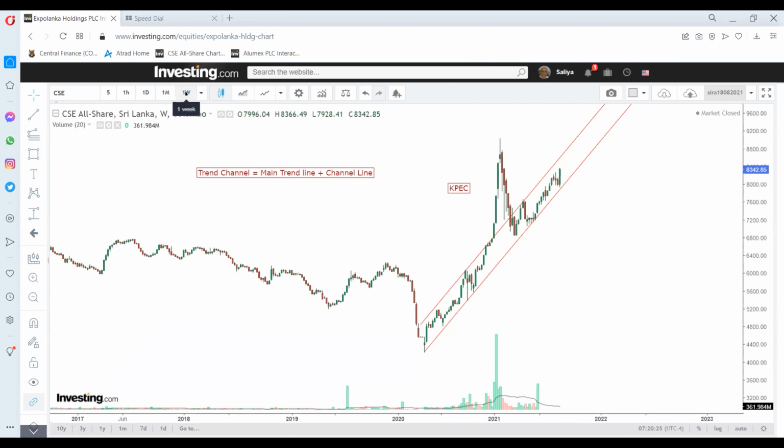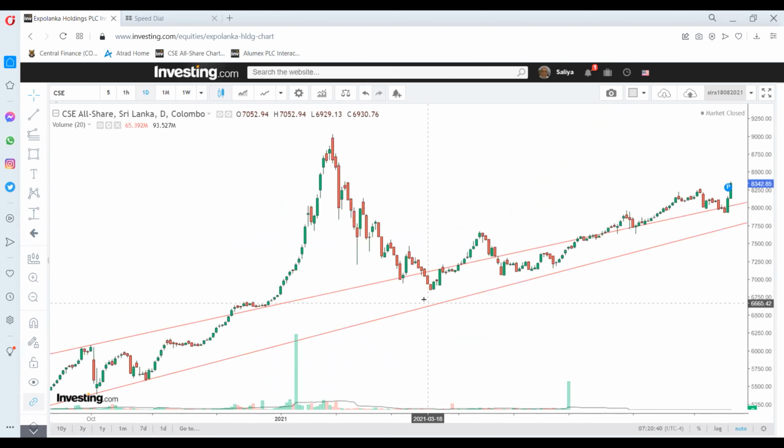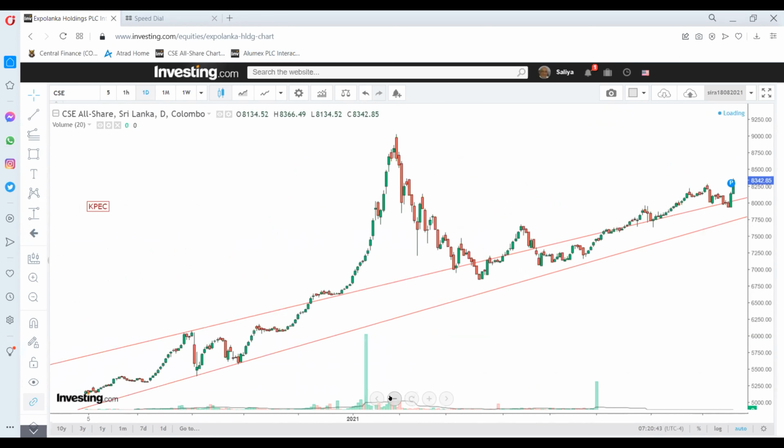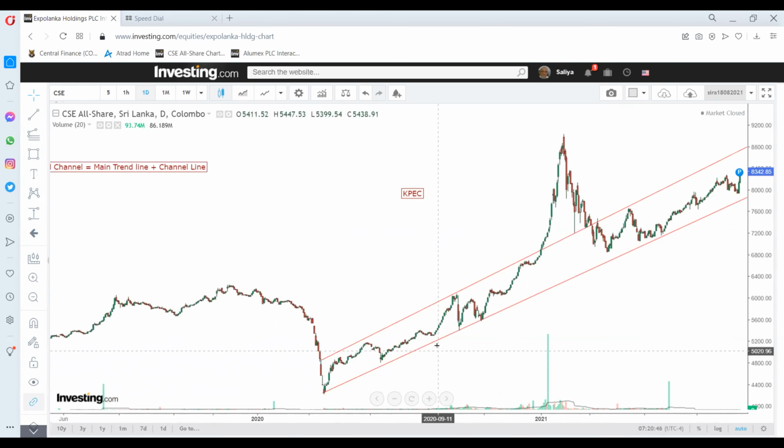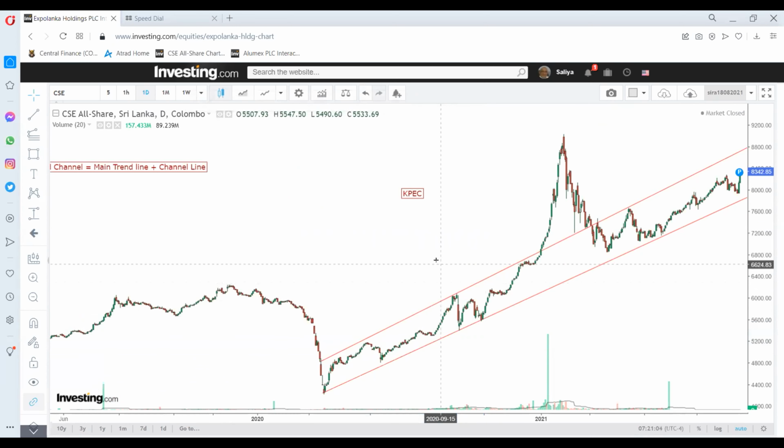And remember, this is the weekly chart, right? So we are going to take it to the other side and make a daily chart. In the daily chart, you will see that this is the level, right? So it has to come down, just touching that level, right? So you can see that going forward,